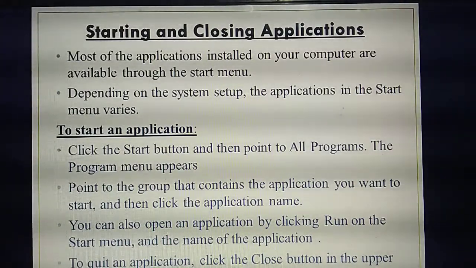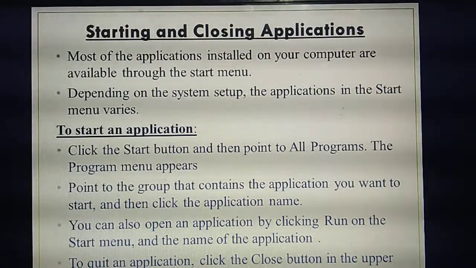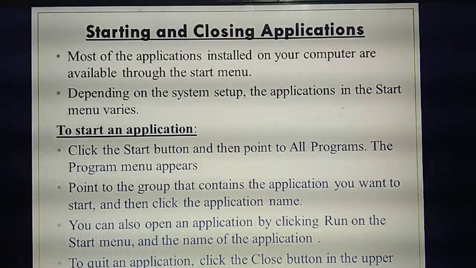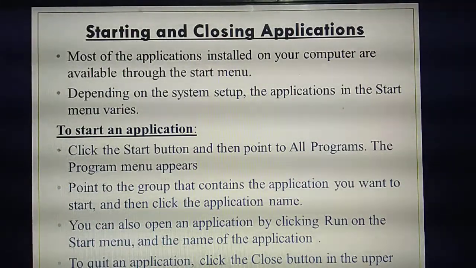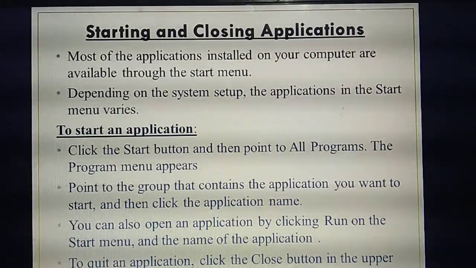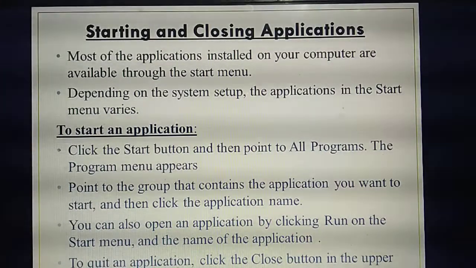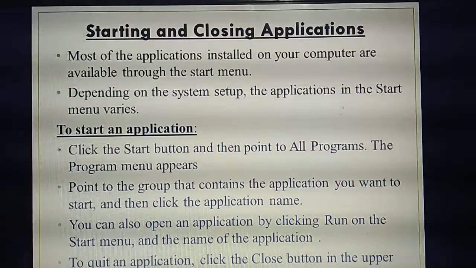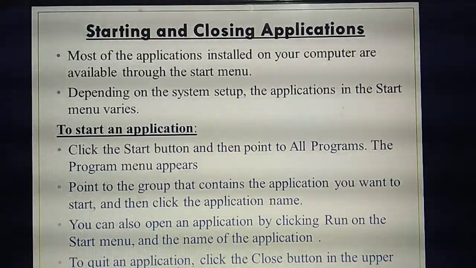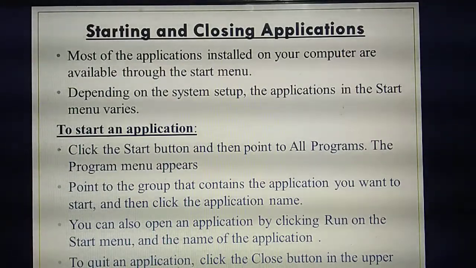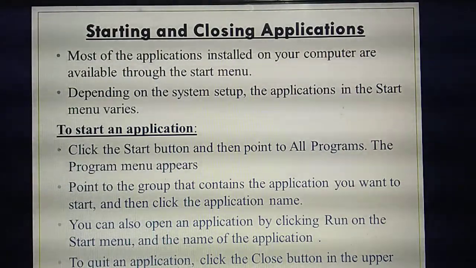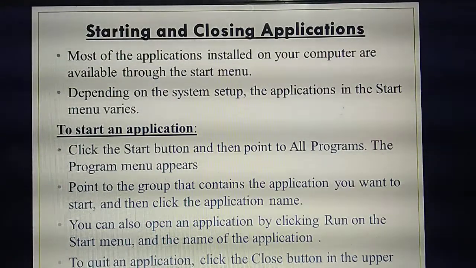So what's the first method for opening the application? For the first way, you need to click where? Click the start menu. Then from the start menu you need to select which one? All programs. Okay. Don't forget these very basic things. So listen carefully, I'll ask questions on this. First you need to click where? Start menu. From the start menu you need to select which one? All programs. Okay.